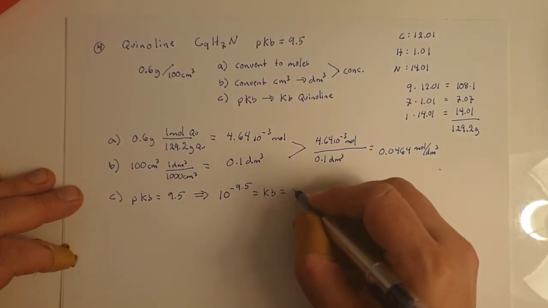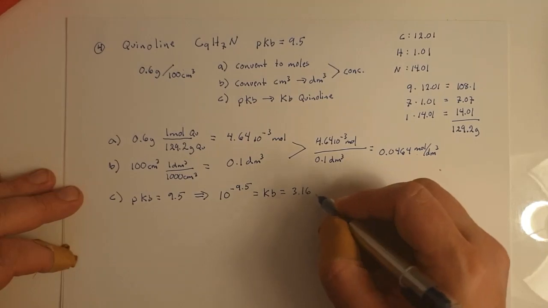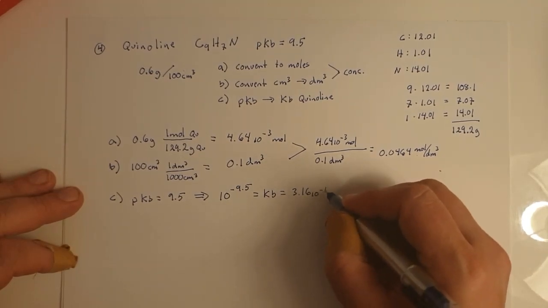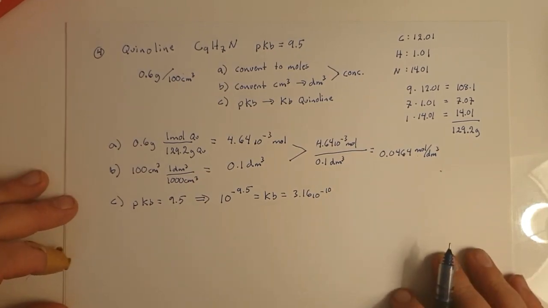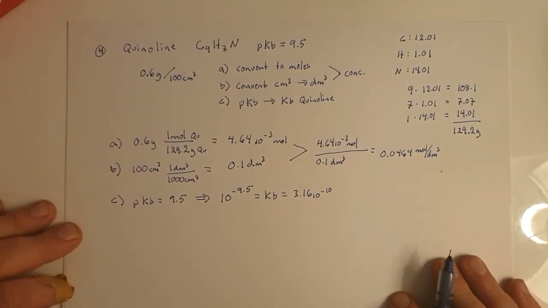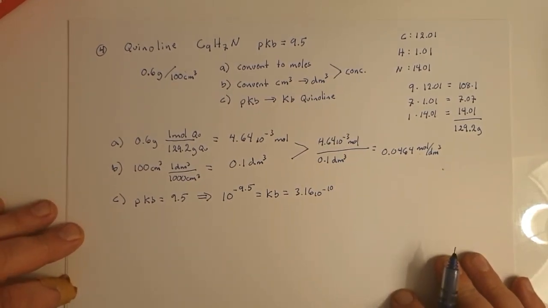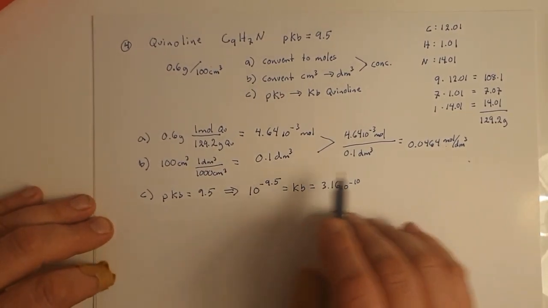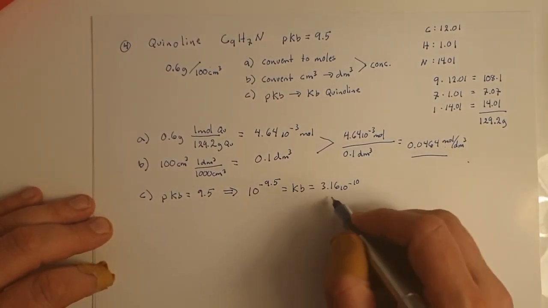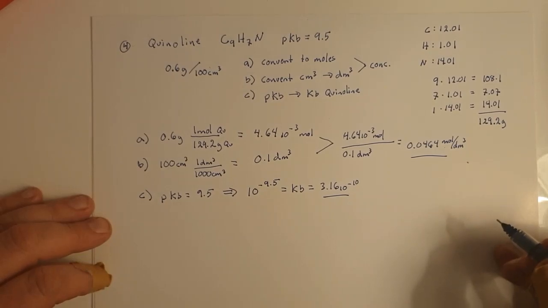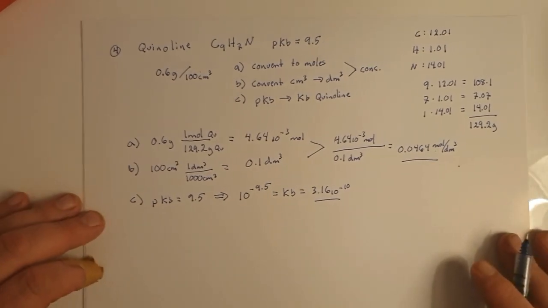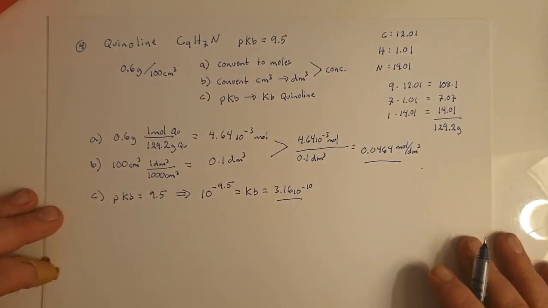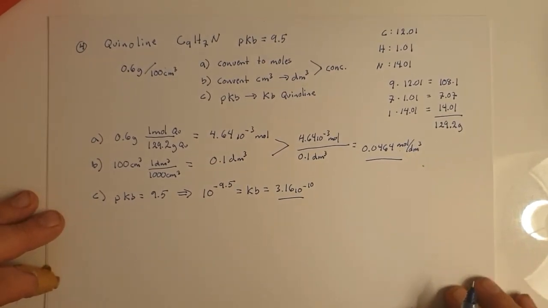That turns out to be 3.16 times 10 to the minus 10. A very small number, assuredly. Now we can take this value and use it to find the dissociation for this particular base